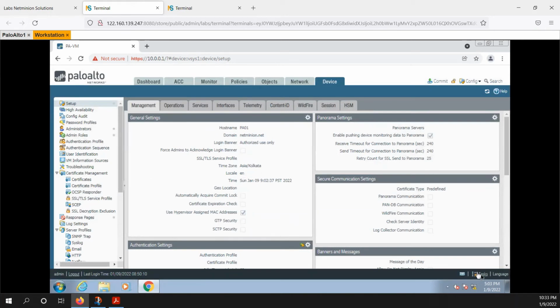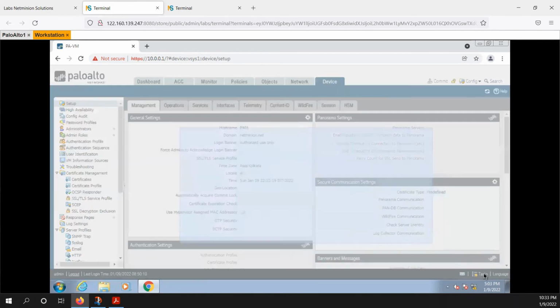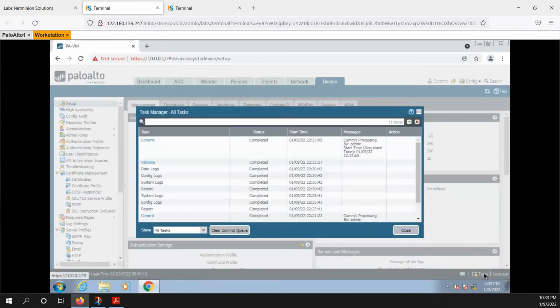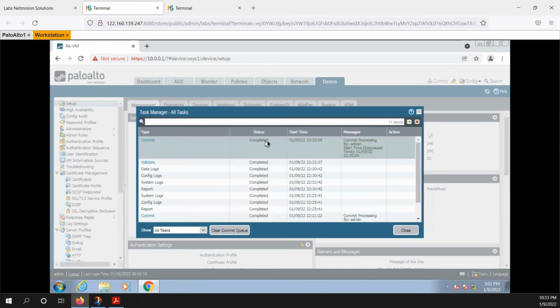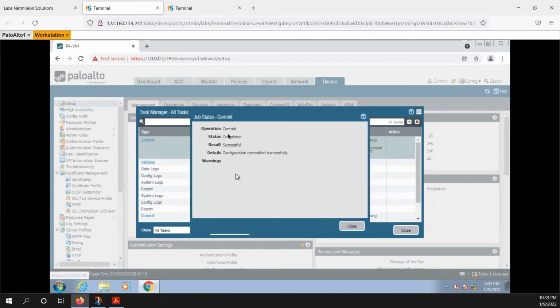How would you know? If you click on this task option, you would be able to see the running task, whether the task is running or whether it has been completed. So I just pressed commit and this task has been completed, but you should not believe this one. Actually, you have to click on this commit hyperlink, and then you can check whether this is really successful or not. If you see this message, that means this is successful. Sometimes you would see successful or completed over here, but that doesn't mean it is successful. You would only see the success when you click on this link. So the result is successful. This is finally completed.